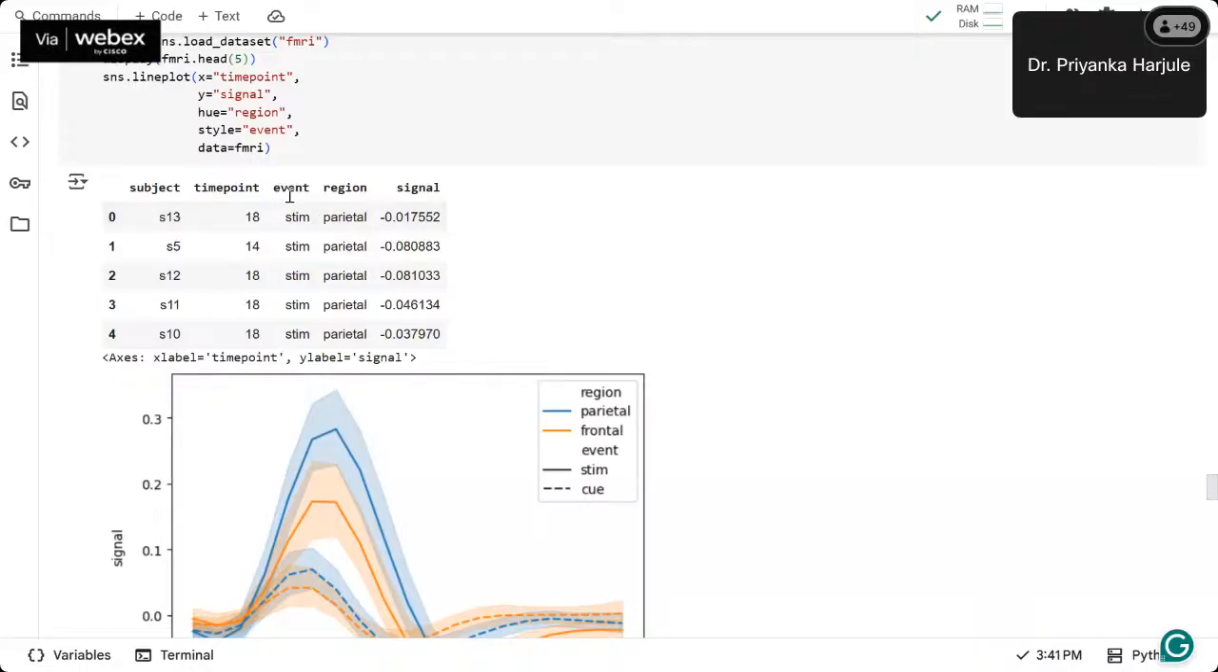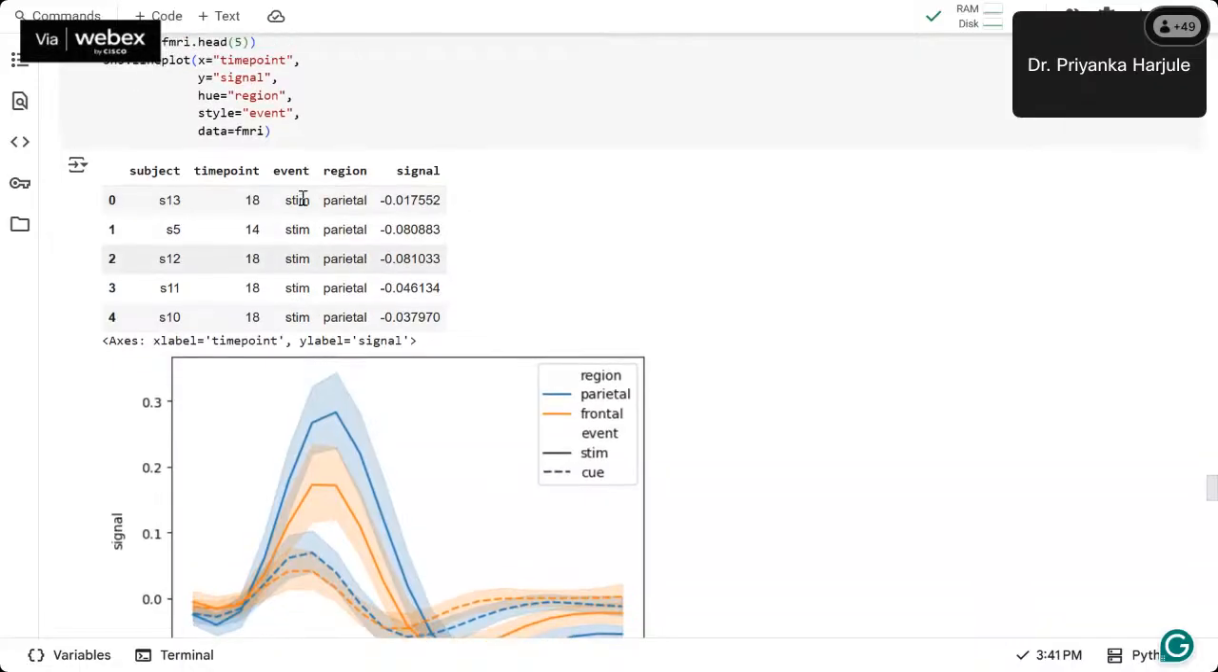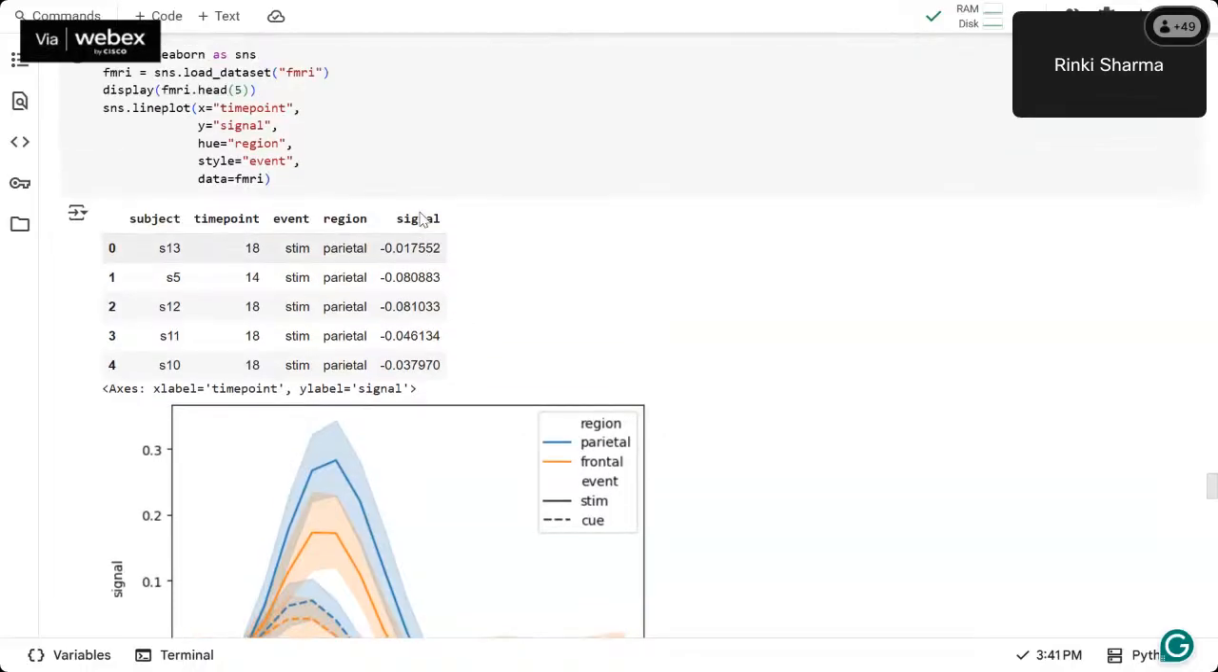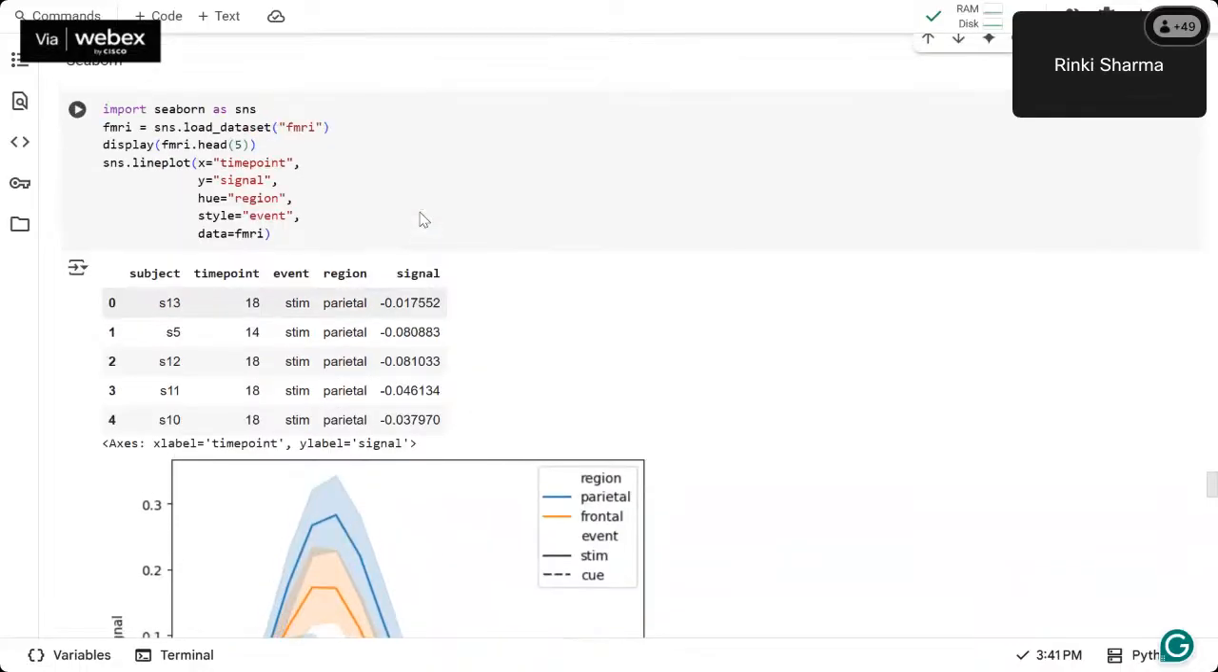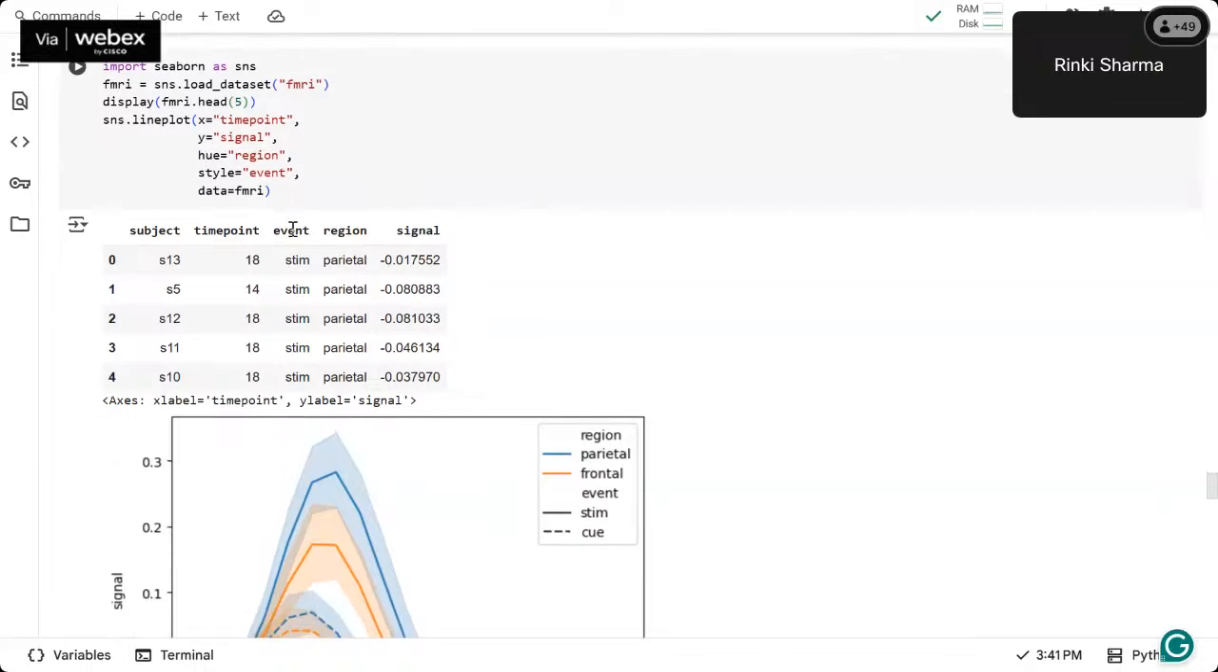Okay. So in event, we have two types of categories. One is stim and second is cue. You can see here. And in region, we have two types of categories. One is parietal and second is frontal. So we have plotted a multiple line plot by using sns.lineplot. The hue command will provide the class separation for region. Region has two categories, meaning two classes. It will separate